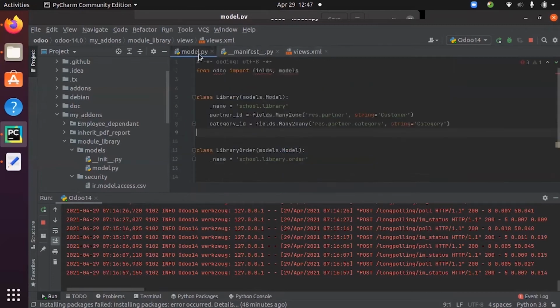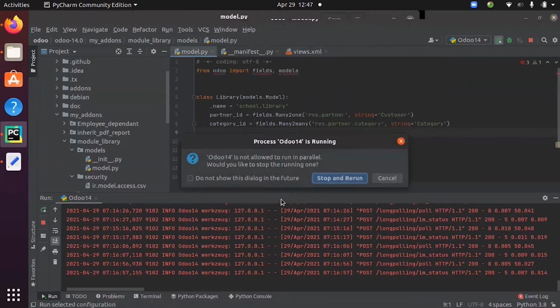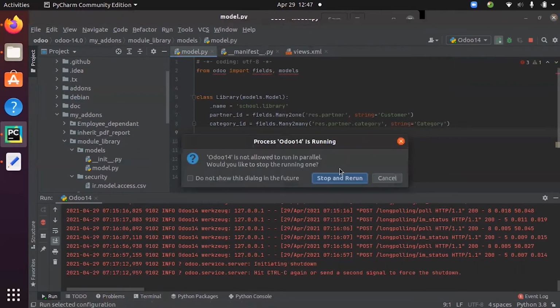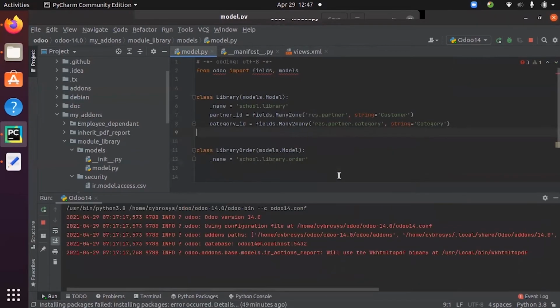Okay. Now after this, let's restart the service and upgrade the module.